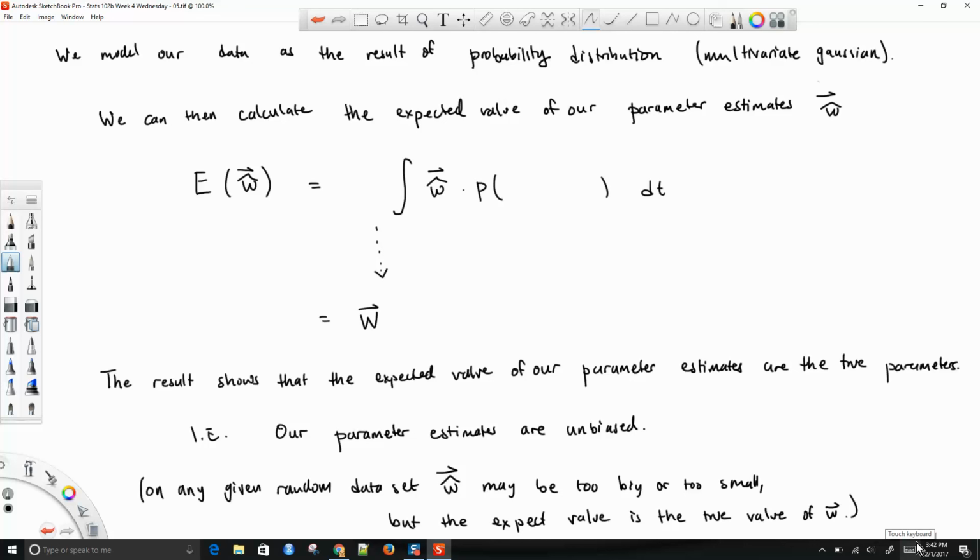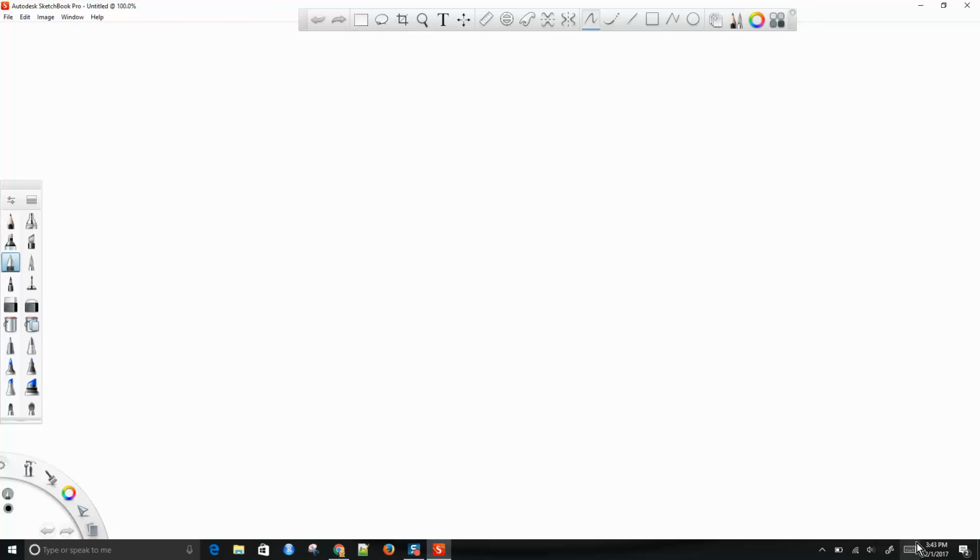Okay, then we can talk about getting the covariance of all of this. I'm debating in my head how much detail we want. Okay, so let's now take a look at the covariance, or basically, I'll just say, the uncertainty in W hat. Okay, and so this is our variance covariance matrix,